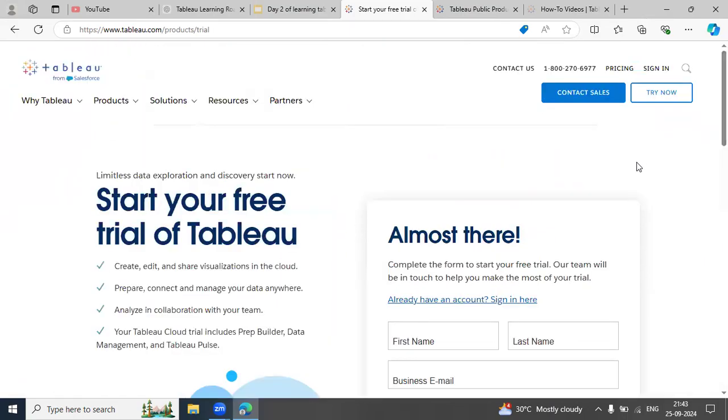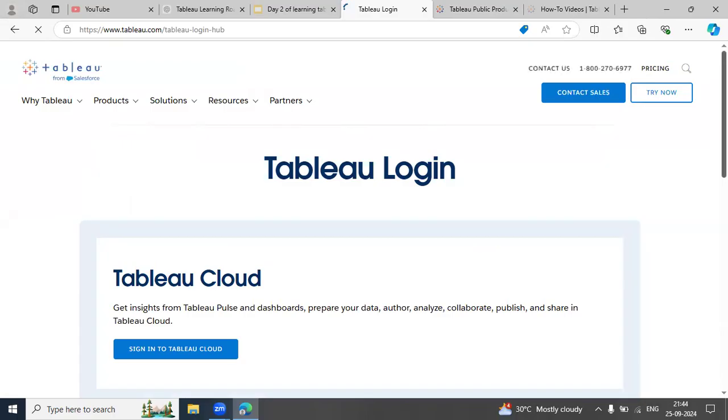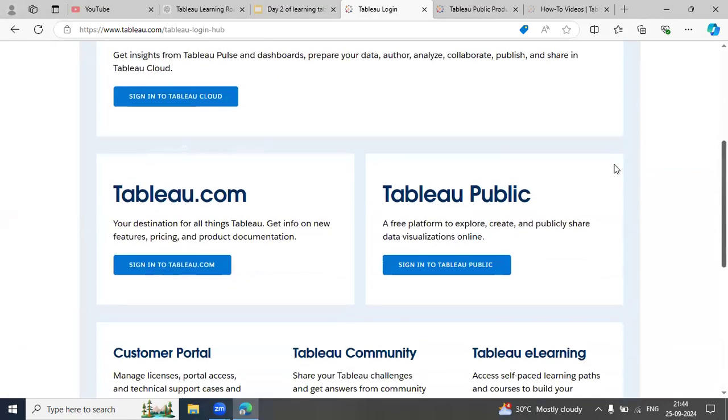And after downloading, there is an interface just the same as before, where we have to accept the terms and conditions, and it will install. After installation, if you want to sign up, we have to click on this sign up part. For that, we have to choose whether we want to sign up with Tableau Public, Tableau.com, or Tableau Cloud.